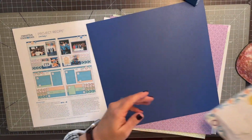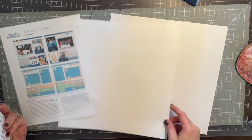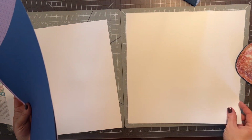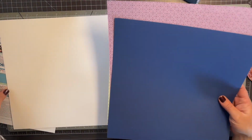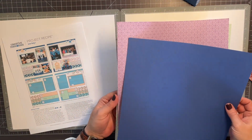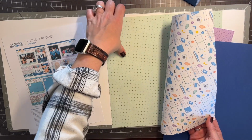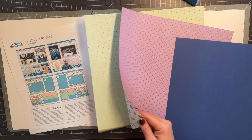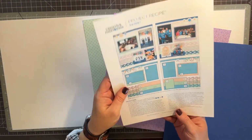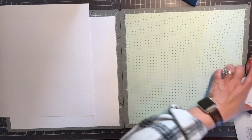Let's make this page. I have all my embellishments and mats and stickers and paper all in one little envelope, but today we're going to use two to build on. So I just got some white page top loading pages, and I got some blue cardstock. I have the purple with all the tools on the front, other side. I have the green with the shutter logo on the other side. So this one is a little tricky, it looks like, and they use designer paper for the base. I am not going to do that. So we'll cut first